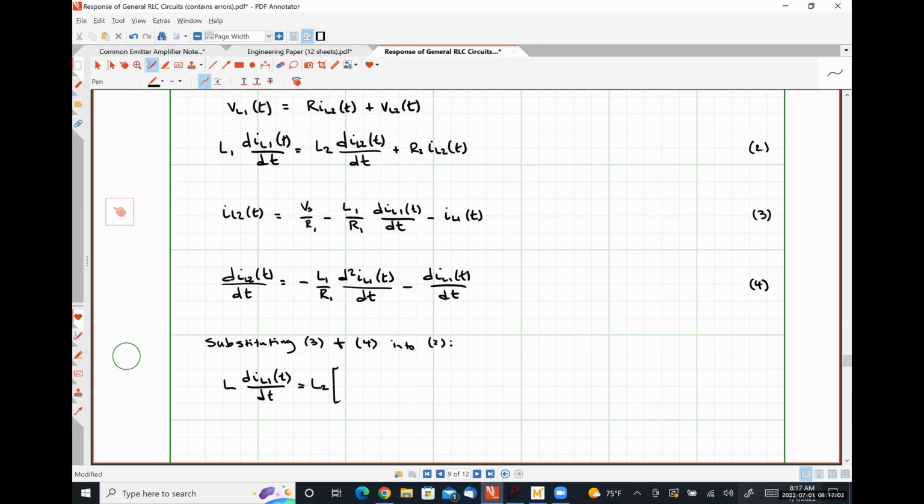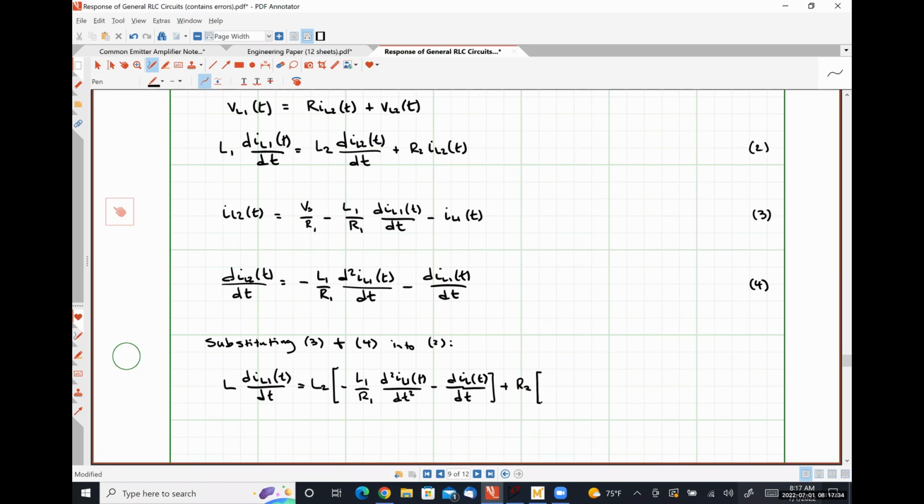Now I'm going to substitute in equation 4. So that's going to look like negative L1 over R1 times the second derivative of IL1 minus the first derivative of IL1 plus